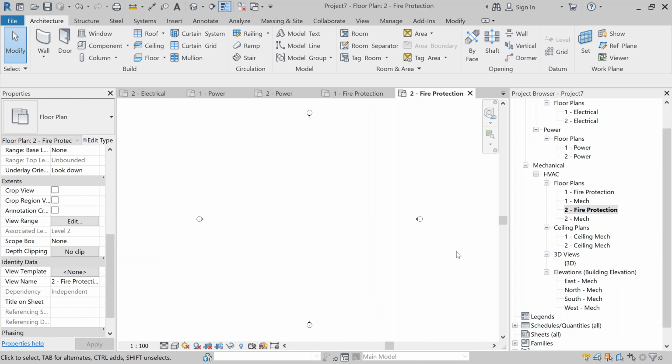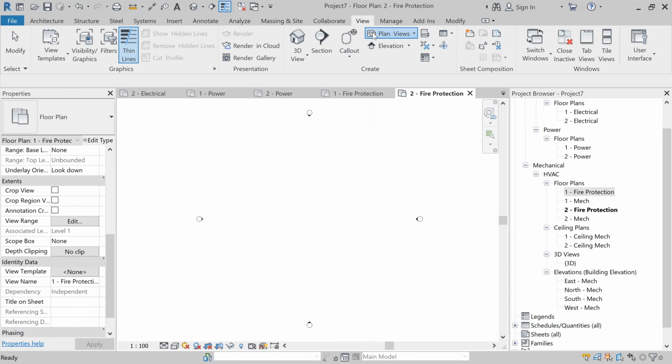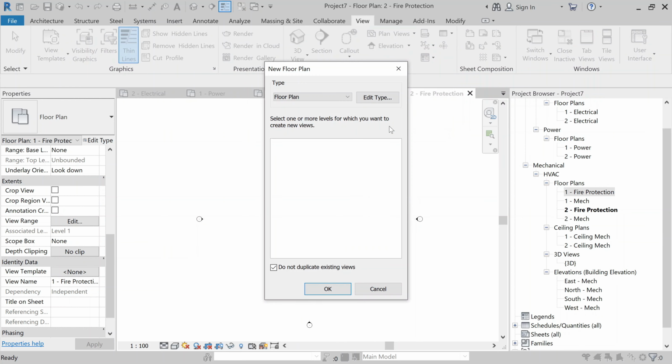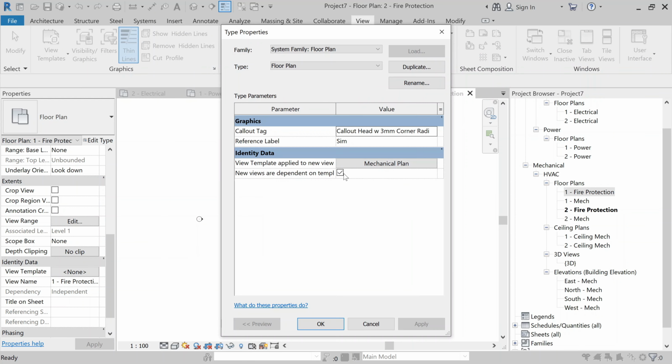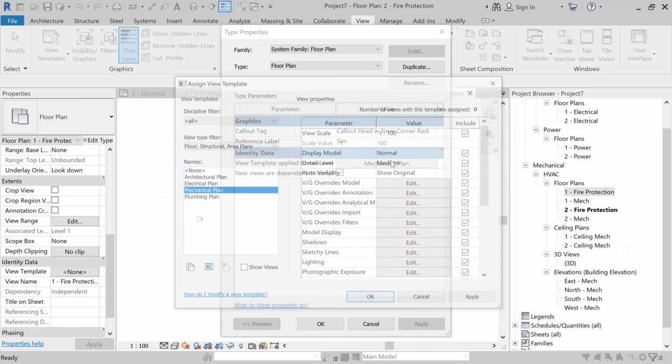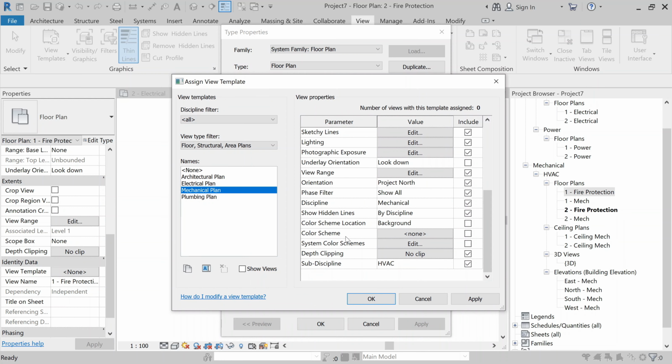Okay, after creating these two fire protection plans, select the first fire protection plan, go to the view, go to the plan views, go to the floor plan, select edit type, and here click on mechanical plan because we are under the mechanical discipline. Click over here, and here you will see at the bottom we have subdisciplines.